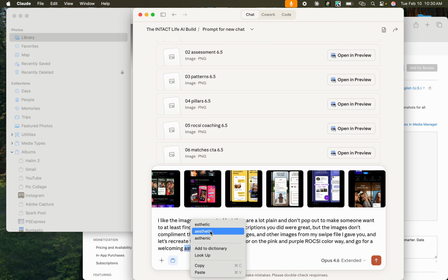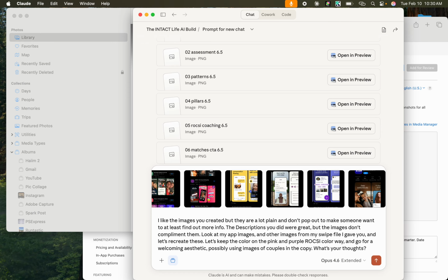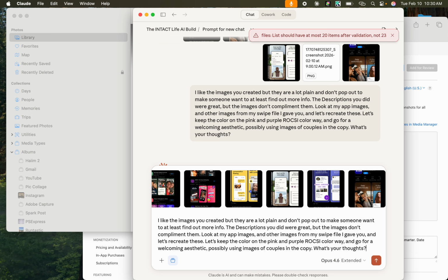That's why they got spell check. Aesthetic, possibly using images of couples in the copy. What's your thoughts? Let's see what it has to say.